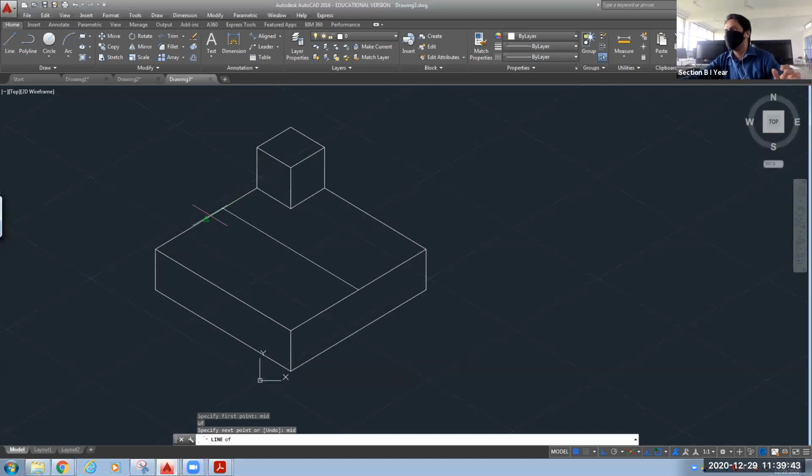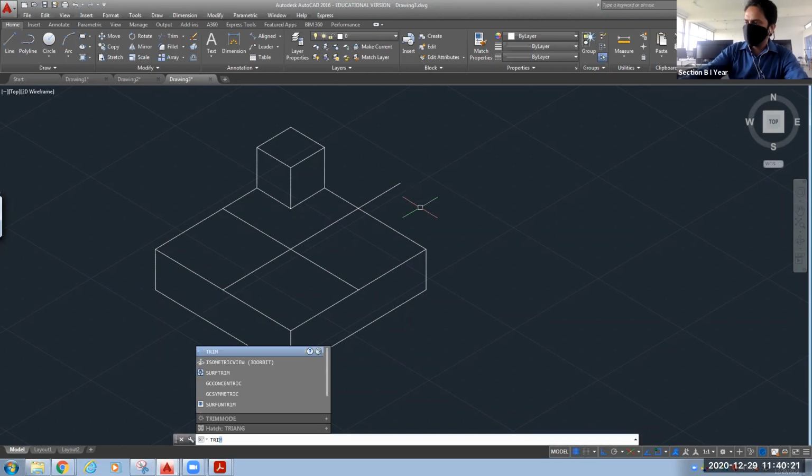Okay. I have shortened this length, so the midpoint is changed. So we have to go like this, this is our midpoint. Okay. And I'll trim it. If I press enter 2 times, then it will not ask for the base object when I'm using the trim command. Okay. Once again, I will show for this midpoint, and I have drawn a line with extra length.